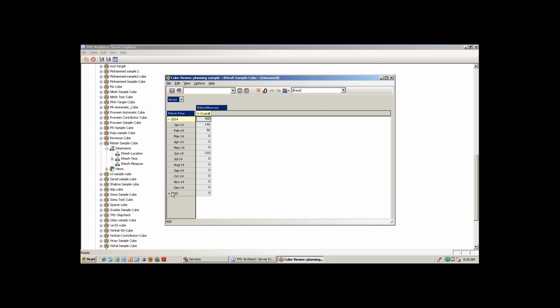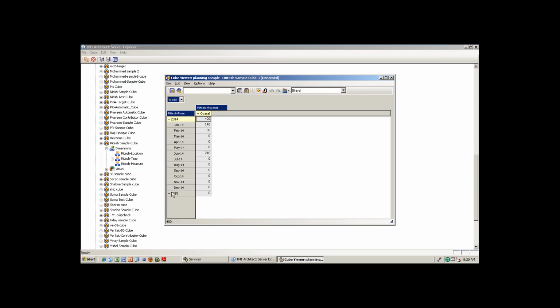as we discussed, we can enter data only into the leaf level elements of all dimensions, because all the consolidation elements are automatically consolidated to the highest level. So you can only enter data at the leaf level of the dimension intersection points.